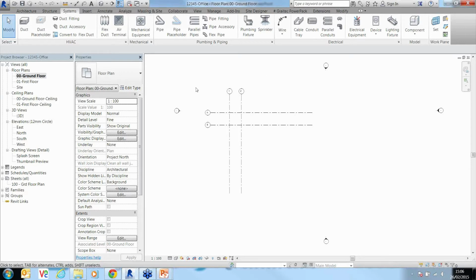We can produce 2D information and 3D information as a model in here. Okay, so using this, we're actually developing a model but producing 2D documentation where required. We can also schedule out all the information that we're producing here. So, for example, we place a wall, a door, a window, a column, a beam, a duct, a pipe. That information can be scheduled out and it's stored here in our project browser on the left-hand side, which you'll